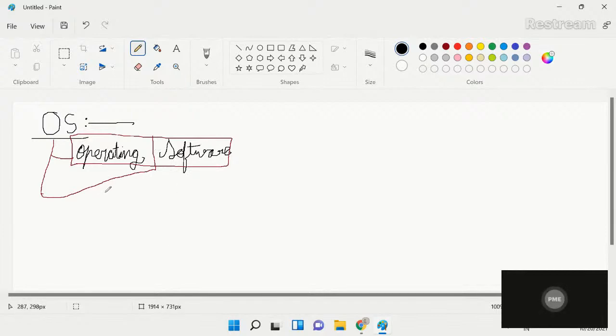However, in Python, what OS exactly stands for is operating, which is exactly correct. And another thing for which it stands is system. So OS stands for operating and system. For those two things it is called OS in Python. So what OS does is that in OS you can